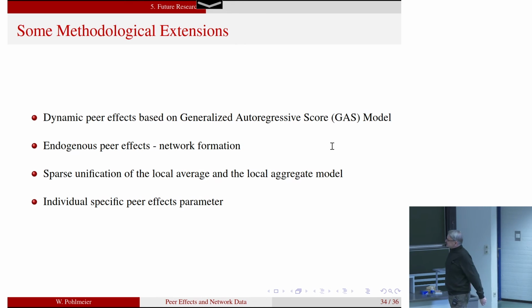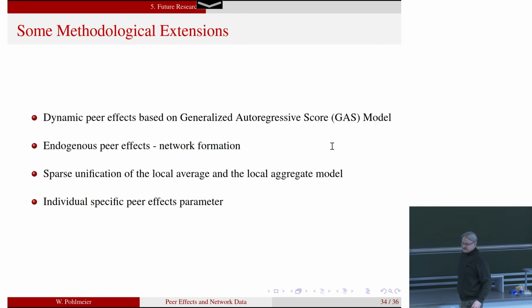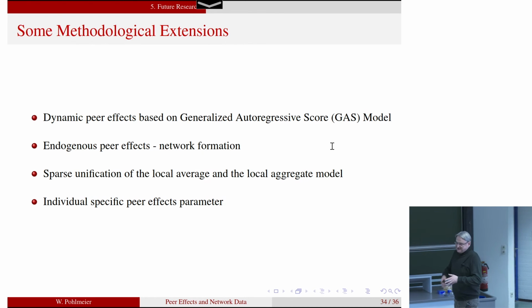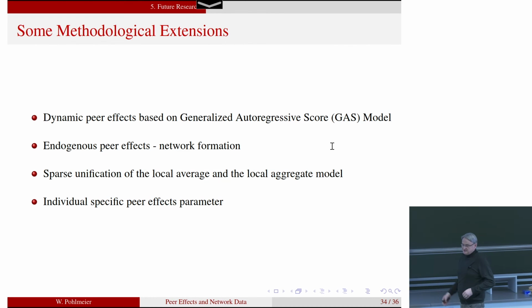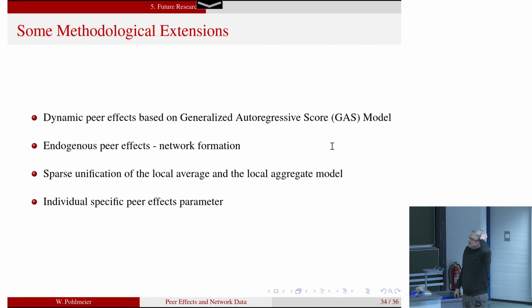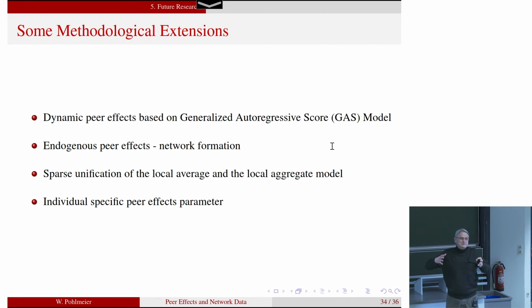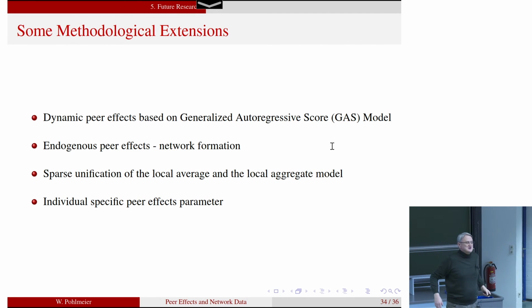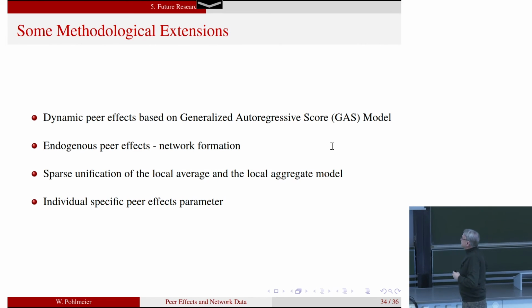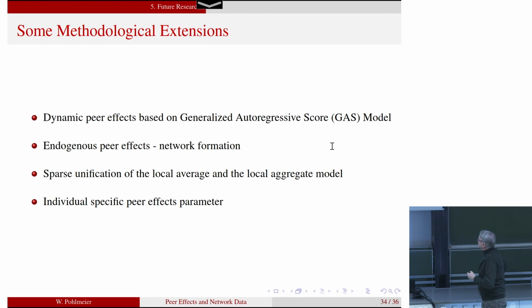Extensions of that literature. So this was a cross-section of different networks which we're using. Very often we have a time series of a single network. Yeah? So you have that, for instance, and Tobias Kerner has that, who is from education. And so they observe a peer group over time. And we have some ideas that will be the next paper to study that in a generalized autoregressive score model